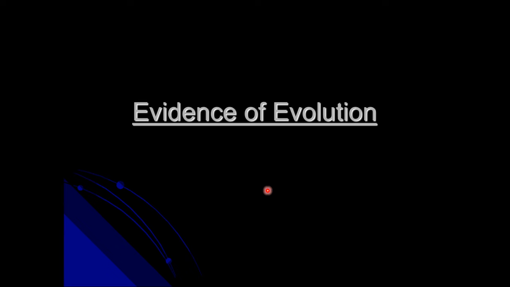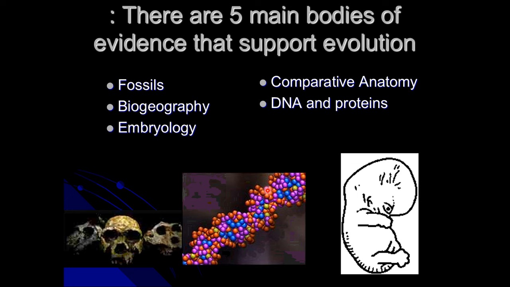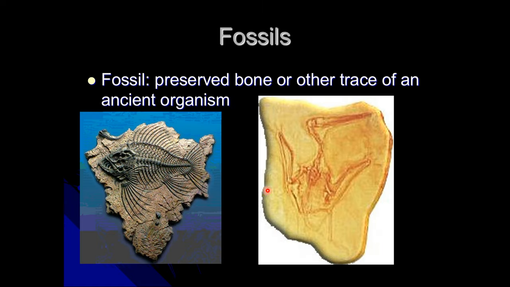In this lecture, we will discuss the evidence of evolution. There are 5 main bodies of evidence that support evolution: fossils, biogeography, embryology, comparative anatomy, and DNA and proteins. Each of these has subcategories as well, and some very specific descriptions, so make sure you're able to discuss each of these individually. The first one we'll talk about is fossils, and a fossil is preserved bone or other trace